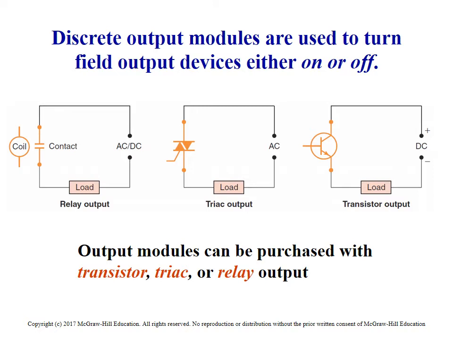Here are the 3 different styles that you typically will see. The coil relay output, which is probably the most common. The triac, which is not used too much anymore for AC because no one's using AC too much anymore, but if you are, that may be a possibility. And then the transistor. The challenge with the transistor, of course, is that it is always low voltage. It's going to be something in the 5 volt range.